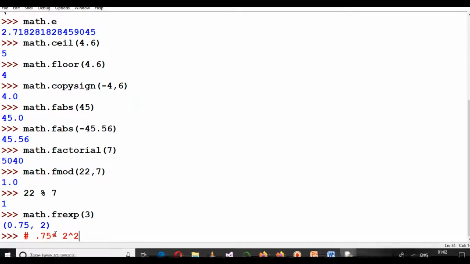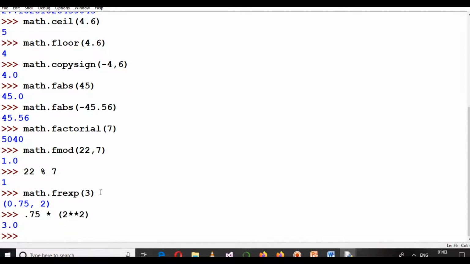This is the formula. In this case 2 raised to the power 2 is 4, and 4 into 0.75, if you solve this equation, will be 3. So this is how frexp is used to calculate the mantissa and exponent of any particular number.